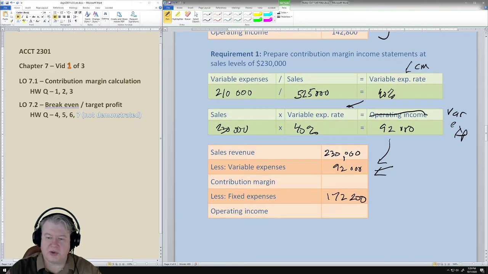The new contribution margin is 138. Well, you can see we didn't sell enough. 138 minus our fixed expenses. It's as if we only sold 6 cups of coffee. We needed to sell 10 to pay for the rental, but we only sold 6, so we didn't actually make enough money to cover the rental. So that's this problem right here. So this ends up being minus